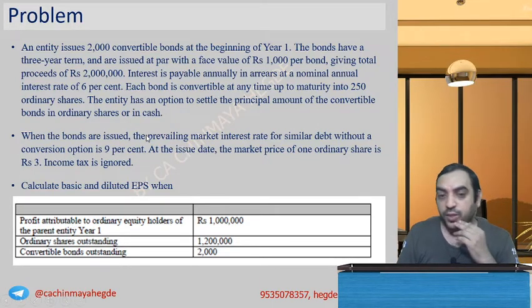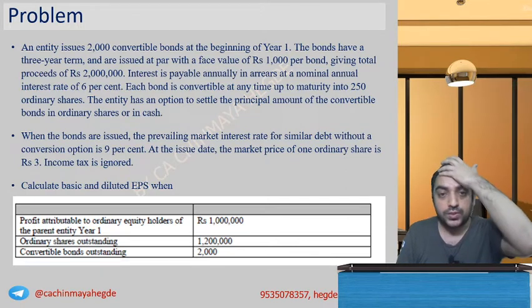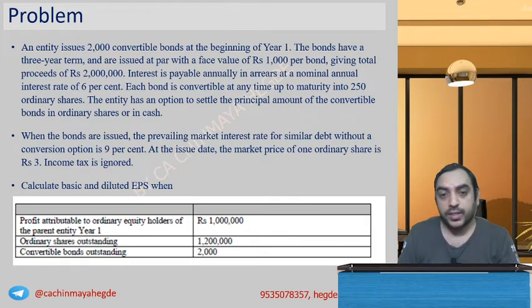Profit attributable to equity shareholders is 1 million. Ordinary shares outstanding 1.2 million, 12 lakh. Convertible bonds outstanding 2000. So how much profit would be attributable to equity shareholders? 1 million. Can you tell me how much interest will be added